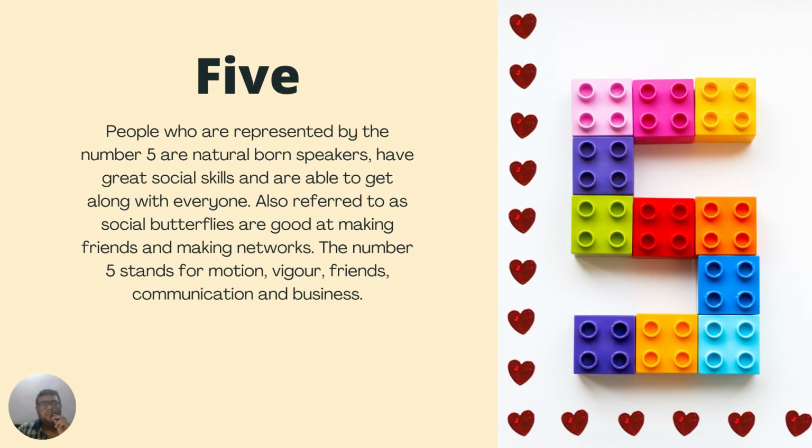Now our next number is number 5. See, the people who have their name number as 5, the number 5 is connected with the planet Mercury. That's why these people are very good at speaking. They weigh their words before speaking, which means that they are very diplomatic also. They know the art of speech. They have very great social skills, they have etiquettes, they have manners, and they are also very adaptable, and these people very easily adjust with others.